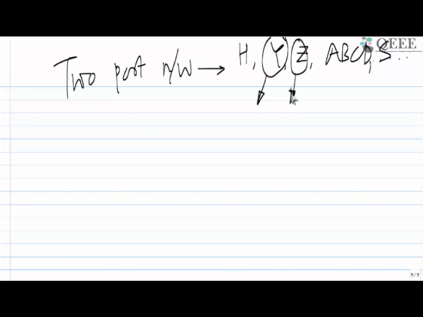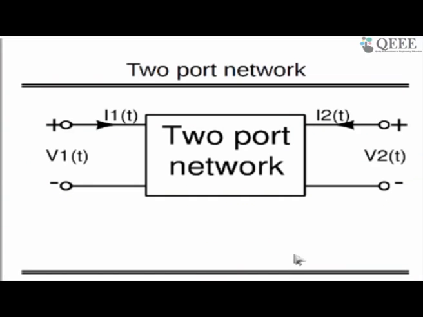If you are reading old books, you will find that hybrid parameters are used, but I like Y and Z because they are very handy and you can predict the behavior of your circuit very easily. So if I want to make any of the two-port parameters, I can do it using this. Let's revisit the two-port network. If you have a two-port network with two voltages, V1 and V2, and two currents, I1 and I2, right?